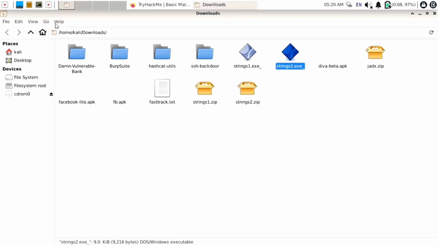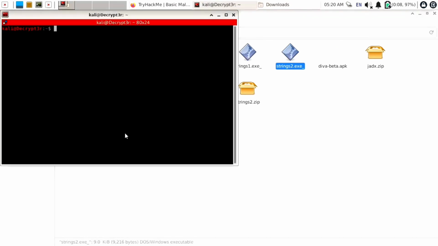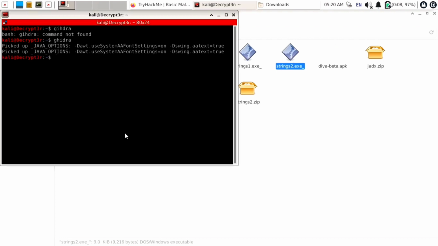Now to analyze this we need to start Ghidra. So open Terminator to start Ghidra. Enter the ghidra command to open graphical Ghidra. Okay, sorry, I made a spelling mistake. Add here ghidra and it will start loading the Ghidra tool. So just wait for some time until our Ghidra tool gets loaded. It will take some time to load, so I am just fast forwarding this window.